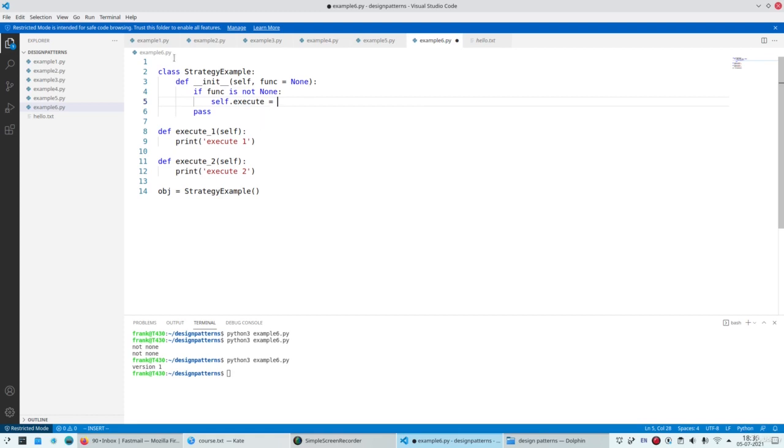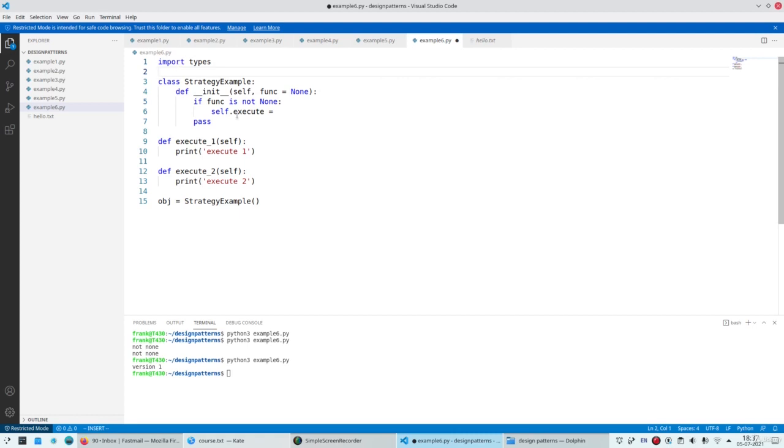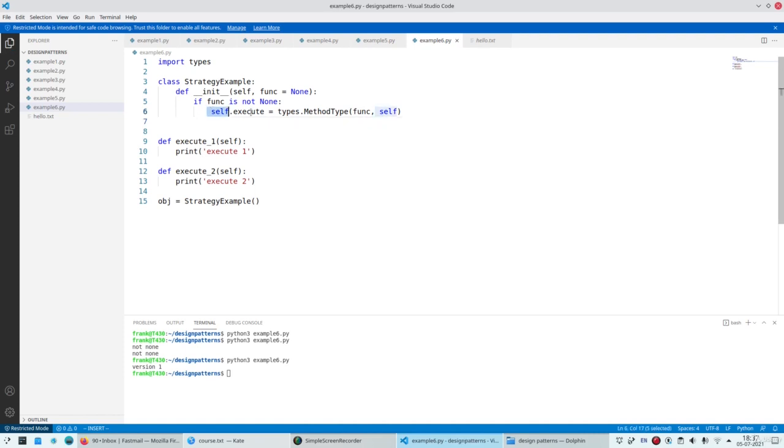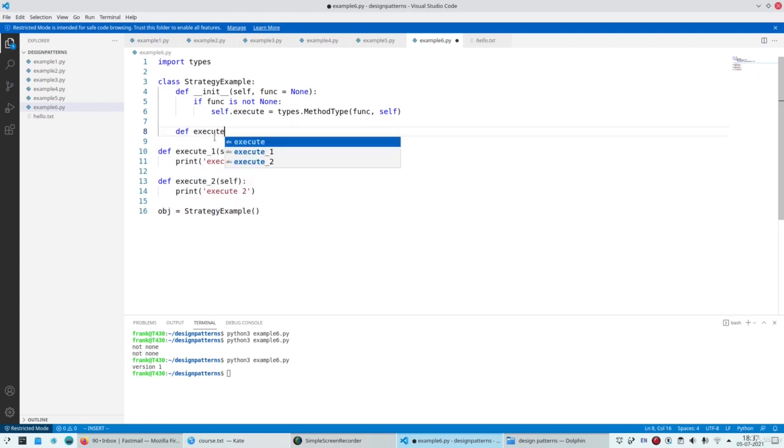And in order to do that, you need to load a module called types. You can say types.MethodType with the function self. So that sets the function, and we also need to be able to execute it. So I'll just create a function called execute,